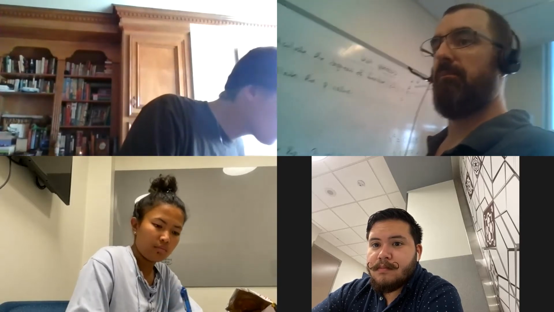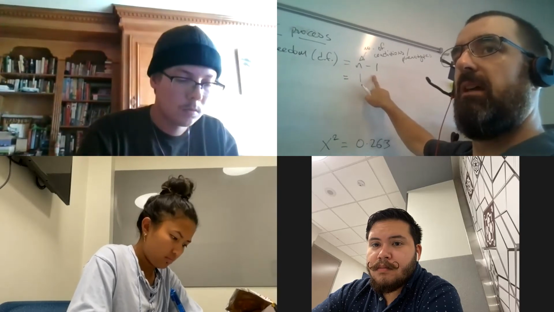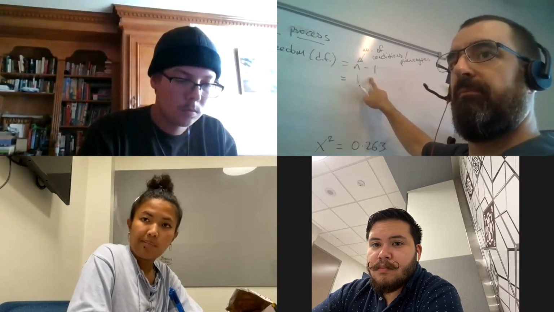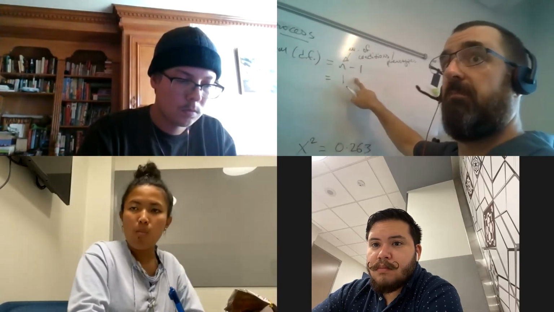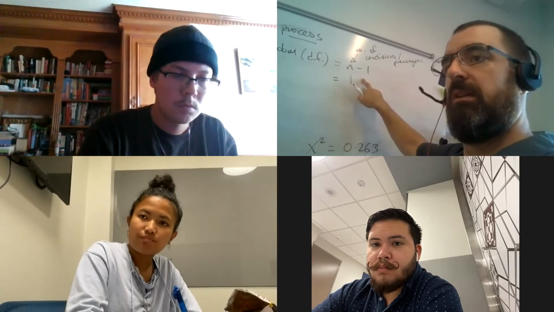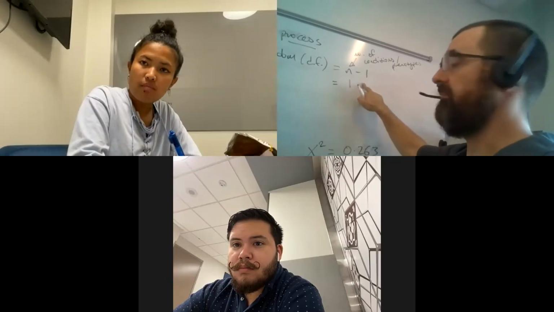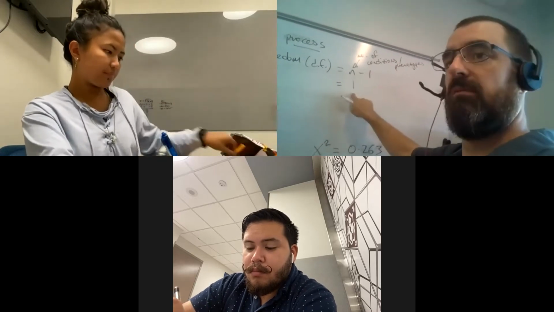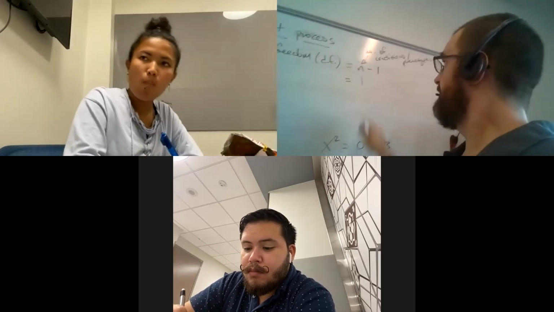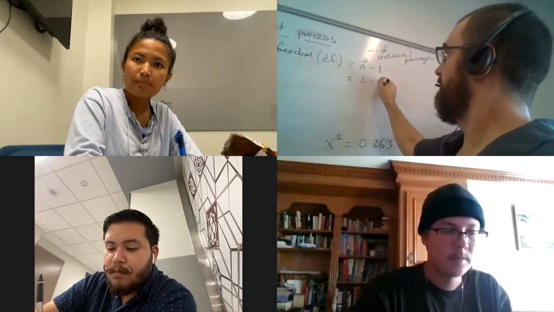Oh, sorry, Adriana. Degrees of freedom is n minus 1. So if you look at 20 different phenotypes, for example, 20 minus 1, it will be 19. Here we're just looking at 2. So it's 2 minus 1 equals 1. So I'll write that out. Make it a little clearer.